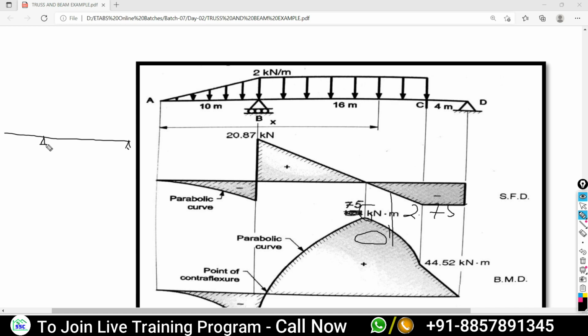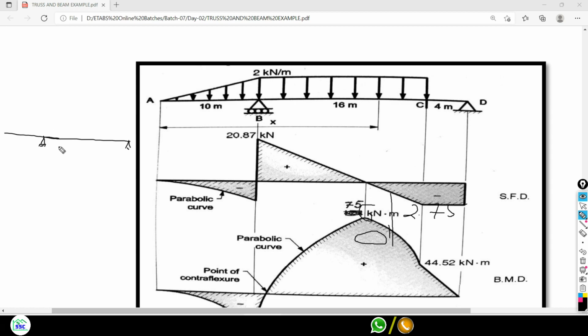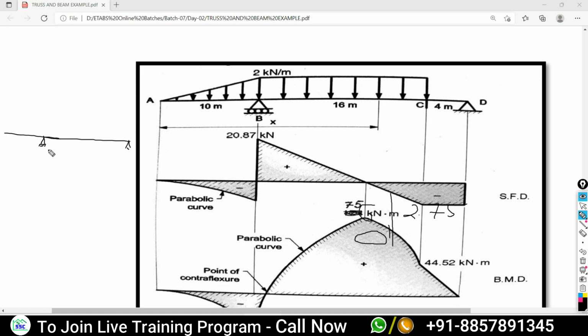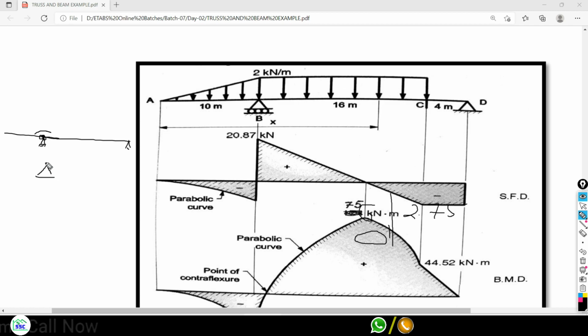You may think like this, but actually in ETABS software you can't assign the support over the frame like this. For assignment of the support, you always need to have a joint or point. Then only you can assign, because assignment of the support will always be on a joint or point.